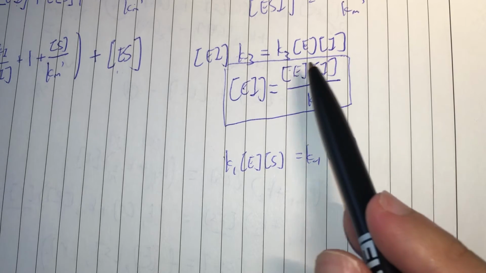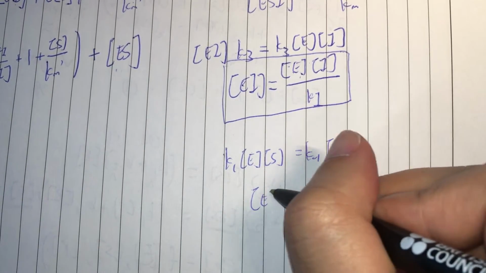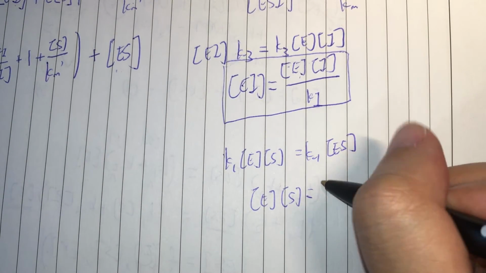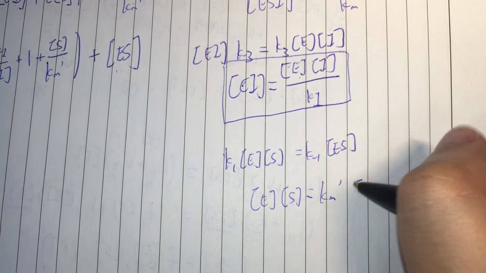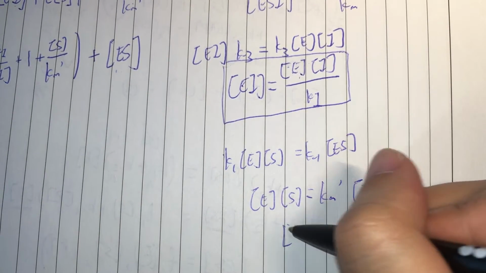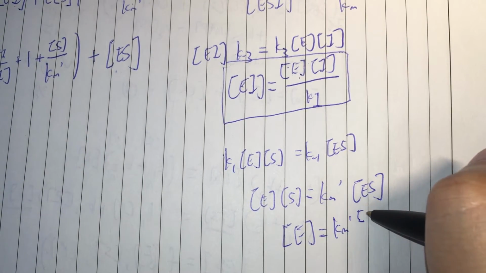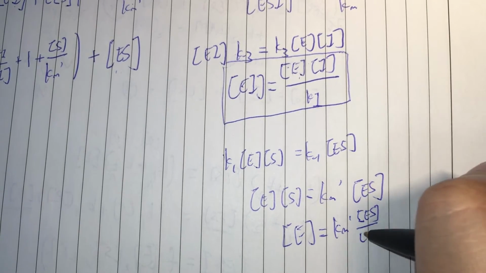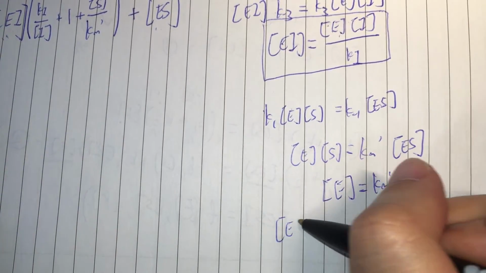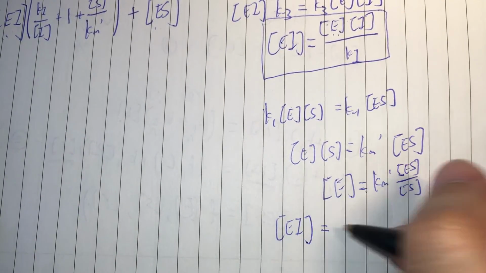So let's make E the subject. E into S equals to Km prime times ES. Okay, so we bring the S to the bottom. E equals to Km prime times ES over S. So let's substitute this back into here, and then we'll get